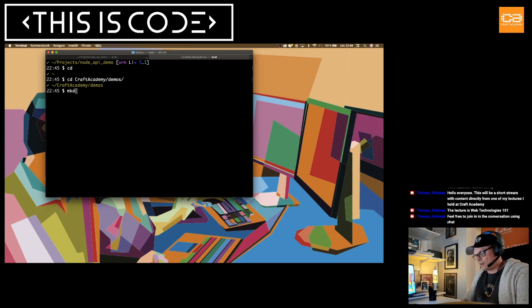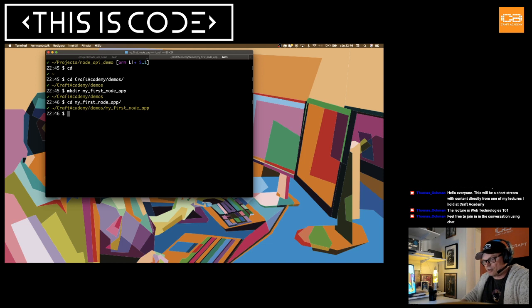Okay, so I'm gonna make a folder. So I'm gonna say mkdir, and I'm gonna call it Node app, or my first Node application. Right, so I'm gonna cd into this, and here I will initiate some Node. So I'm going to initiate a yarn project. Perhaps you guys are used to npm, others of you might be used to Yarn. I prefer Yarn myself, and Yarn is a package manager for Node,